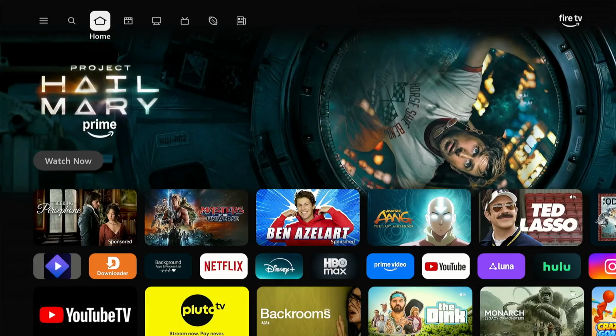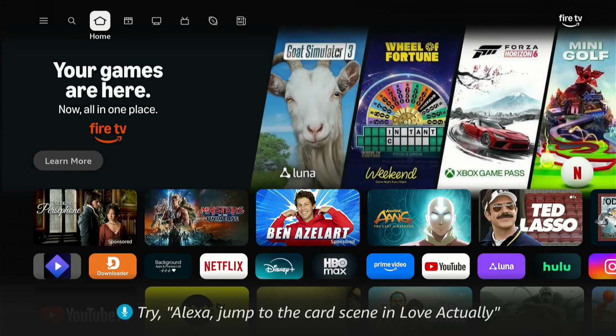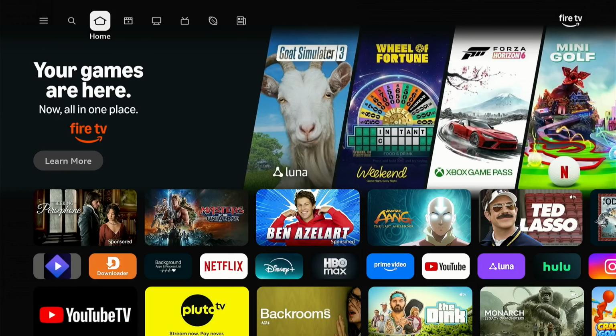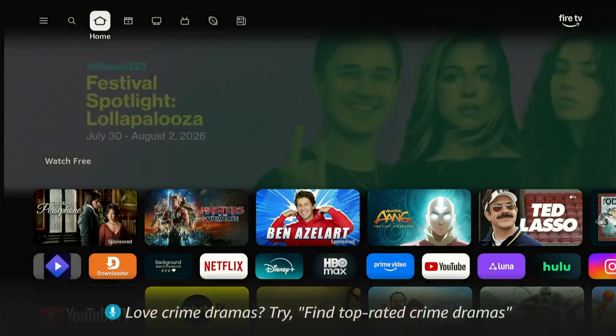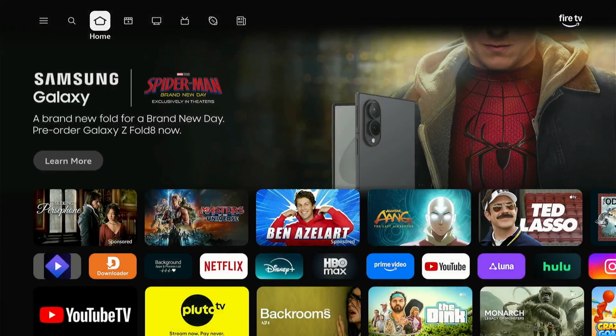Next, go ahead and open your phone settings and allow the Amazon Fire TV app to access devices on your local network. On an iPhone, you would have to go to Settings, Apps, Amazon Fire TV, and then turn on local network. But on Android, you'll want to go to Settings, Apps, Amazon Fire TV, Permissions, and allow nearby devices or location if requested. Then go ahead and restart your Fire TV or Fire Stick by unplugging it for 1